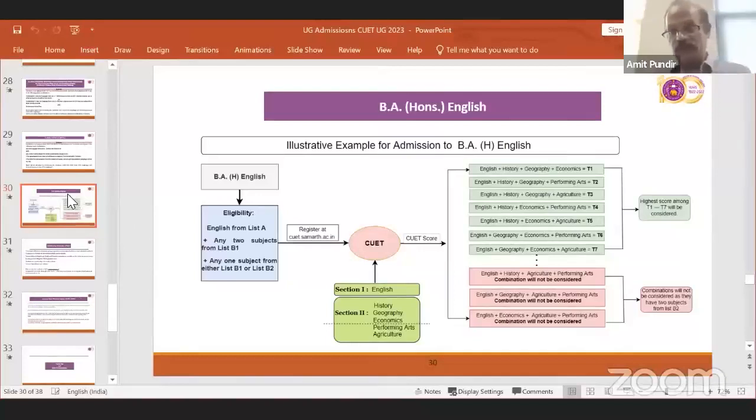Go through the bulletin of information carefully and make a separate list of the subjects in which you are interested, and then go through all the programs in which you are eligible. Even if you are eligible in 50 programs, go through the eligibility of all these 50 programs, because in Delhi University they may vary slightly,